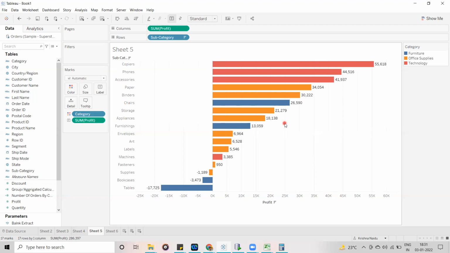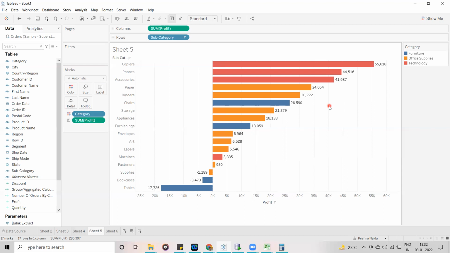Are you guys clear what I am trying to say? Without changing the visualization, this is the visualization I am displaying to the end user. Now the customer wants to see the same visualization, but the values we are showing here should be based on a different dimension. In these kinds of situations, we are going to use level of detail functions. We are going to create level of detail expressions.